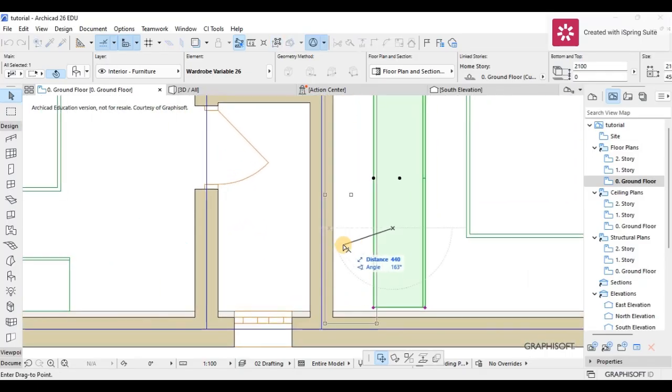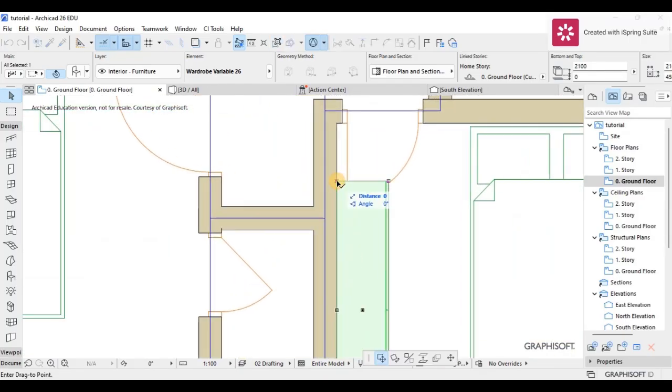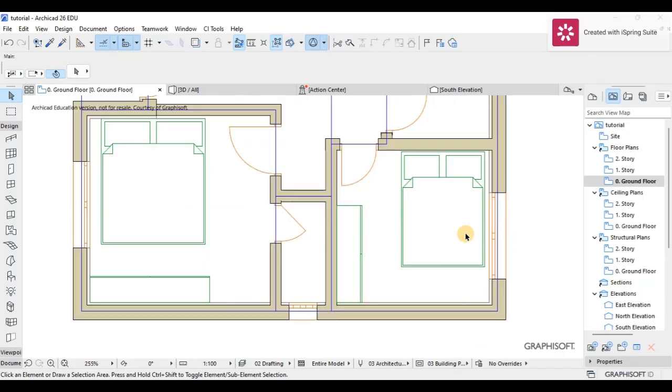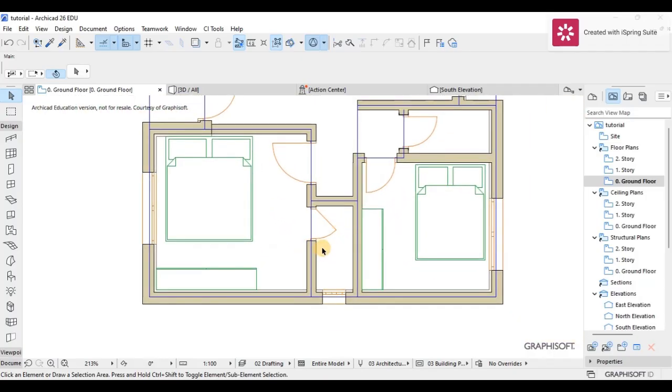Then I'm just going to zoom in and drag it there, and I'm just going to now reduce it to fit into the room, so somewhere like this. Just a matter of placing it. So with that done, the next thing is we're going to now put our bathrooms, and we're going to start by putting our